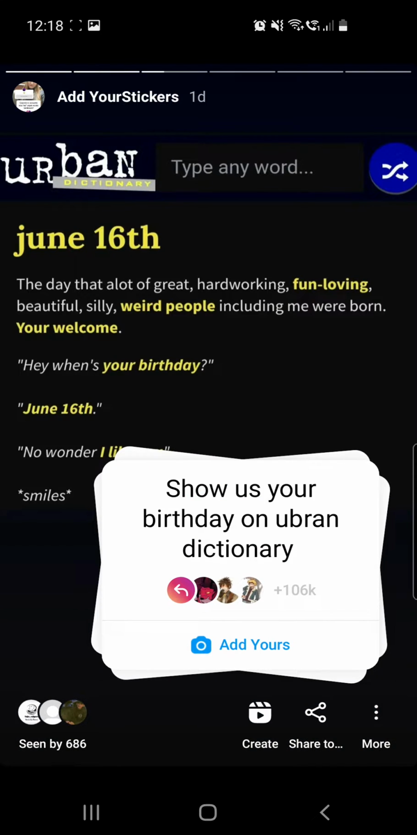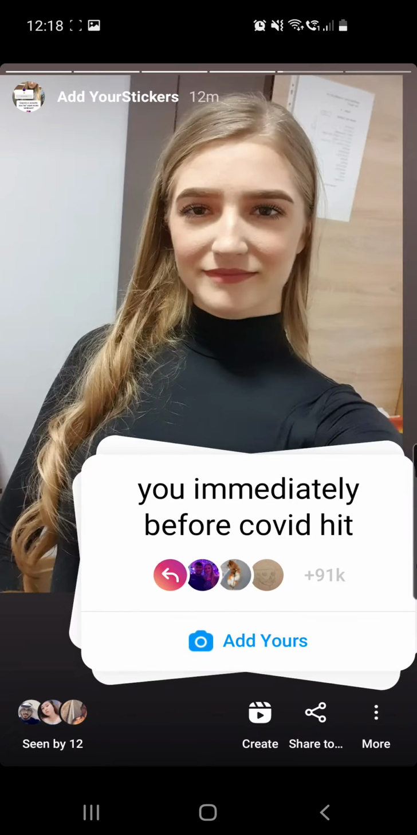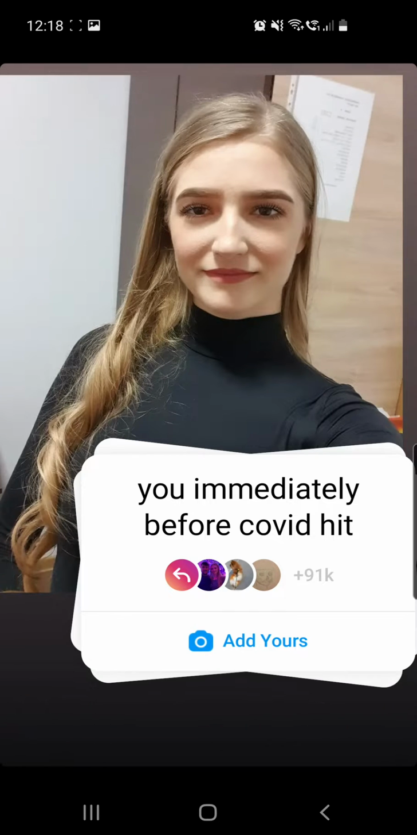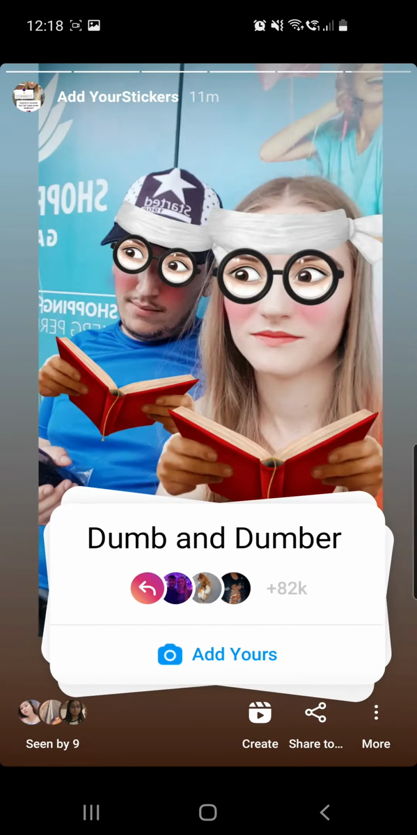And as you can see, I only have viral stickers and trends right here, so you can check these two if you want. So there we have it. You immediately before COVID hit. Click on the add yours button,